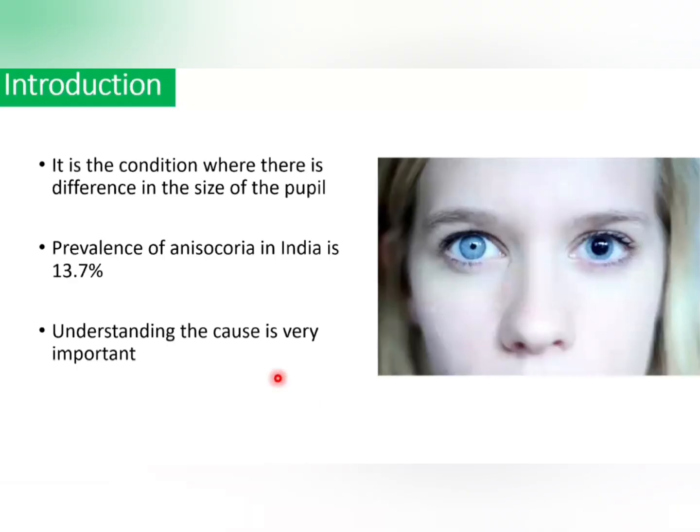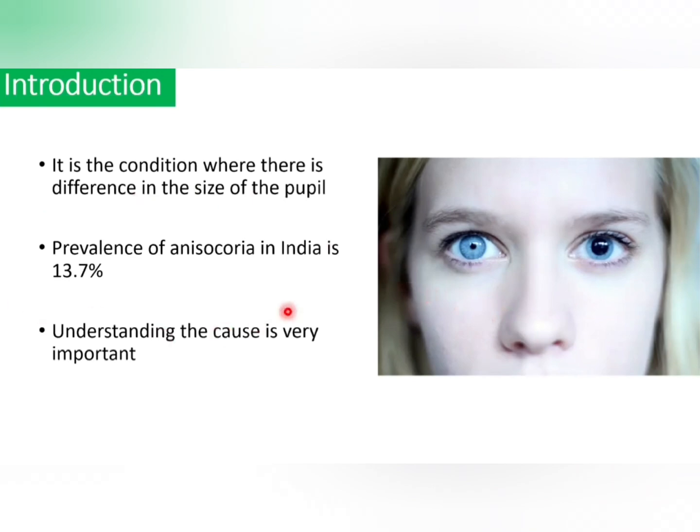So anisocoria is when the two pupils of your eyes are different sizes. One might be bigger or smaller than the other. Sometimes it's just how your eyes naturally are, but it can also be a sign that something else is going on with your health, like a problem with your nerves, an eye injury, or a reaction to medication. It might be noticeable, or the difference could be so small that you would barely see it.